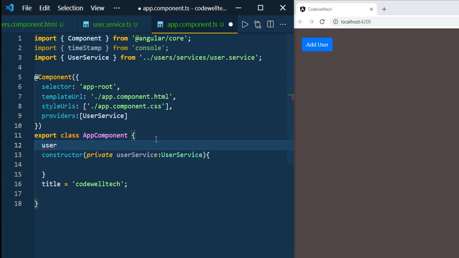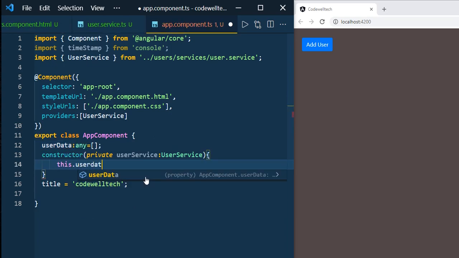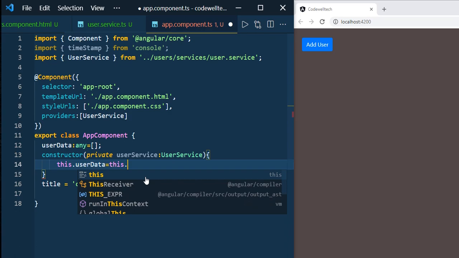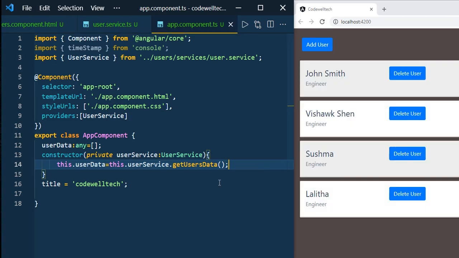So I am defining userData. this.userData equals this.userService.getUsersData. Save it, and now you observe in the browser. As soon as you save it, you get the data, and you can see that users are rendered in the UI. So this is how you can create the service and implement it in Angular.